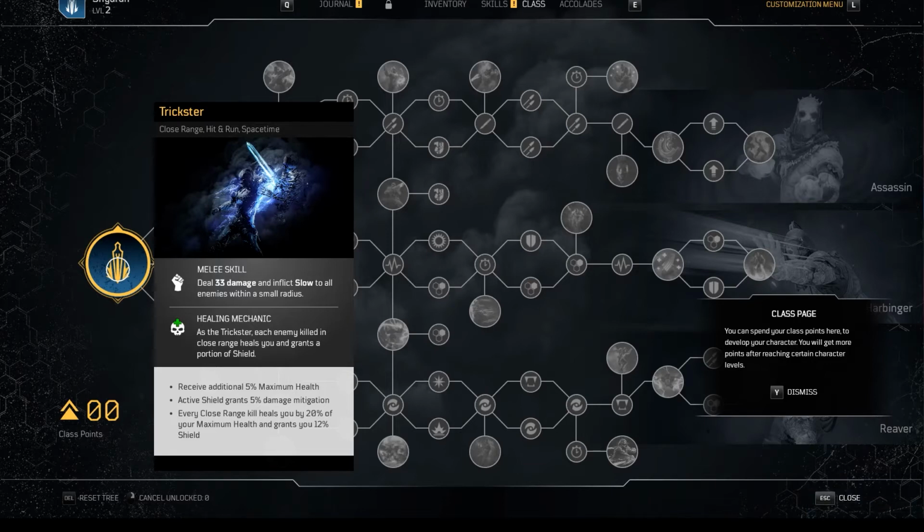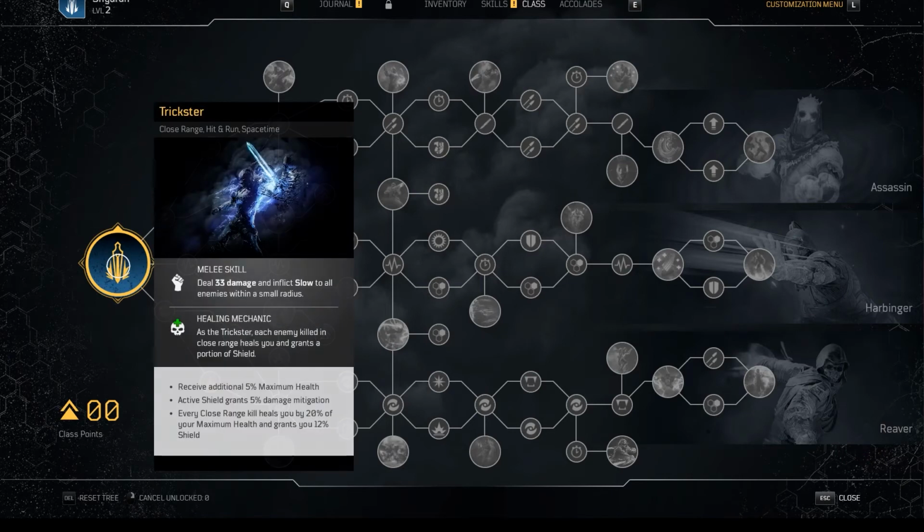Today we're going to be looking at the class node tree for the Trickster class. This is going to be another deep dive video of mine, so it's very important to note I'm going to go really in depth and provide you feedback on each one of the sections. So hopefully, if you're the type of individual that likes to see all the information, this is going to be the video for you. Now let's go ahead and get started by taking a look at the class descriptor